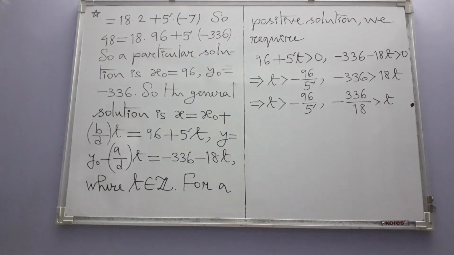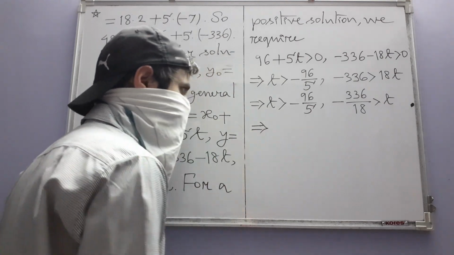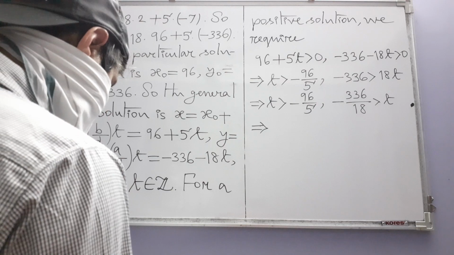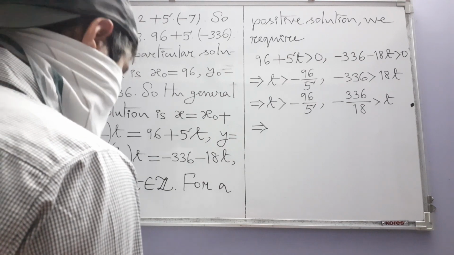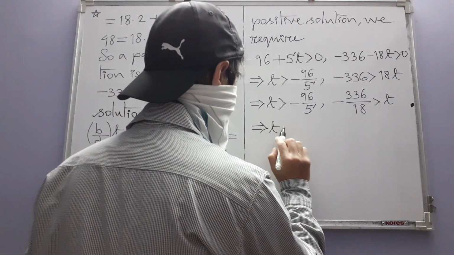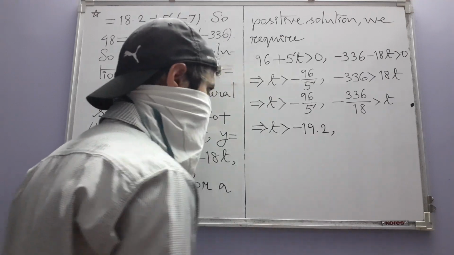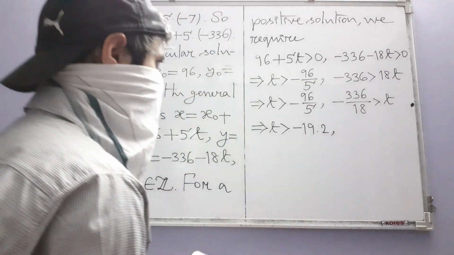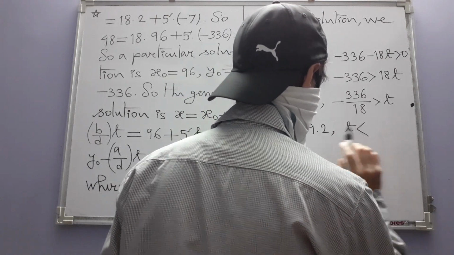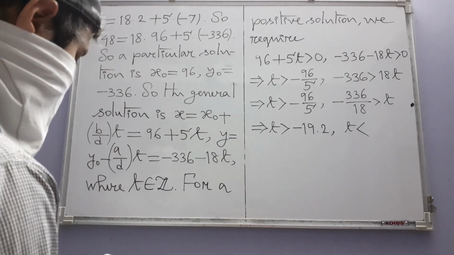Okay, now let us see what these values actually are, I mean, if we express them in decimals. t should be greater than minus 96 divided by 5, which is minus 19.2, and t should be less than minus 336 divided by 18, which is